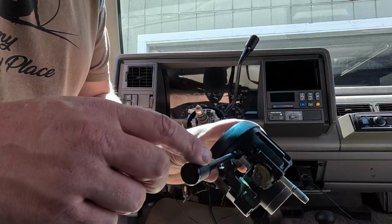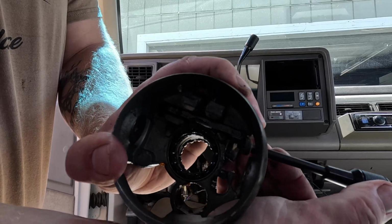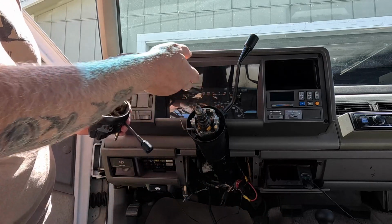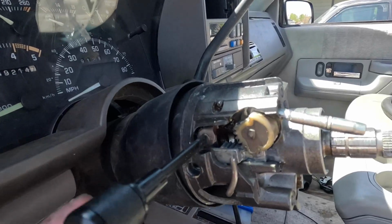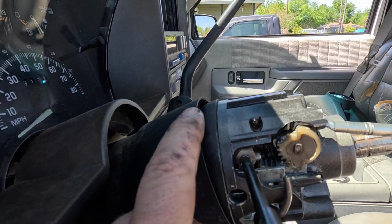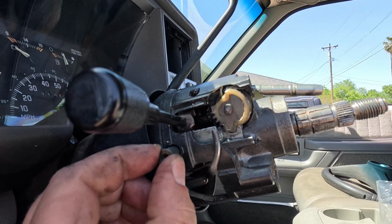Alright, you're going to need to reinstall your tilt lever. And when you pull your tilt lever, those jaws drop. You're going to need to hook those jaws onto these two bars here when we slide it in, the same way you got it off. Make sure you get this actually on the second click, so your piece is sunk in about that far. You need to get these holes to line up for these pins to go in there,